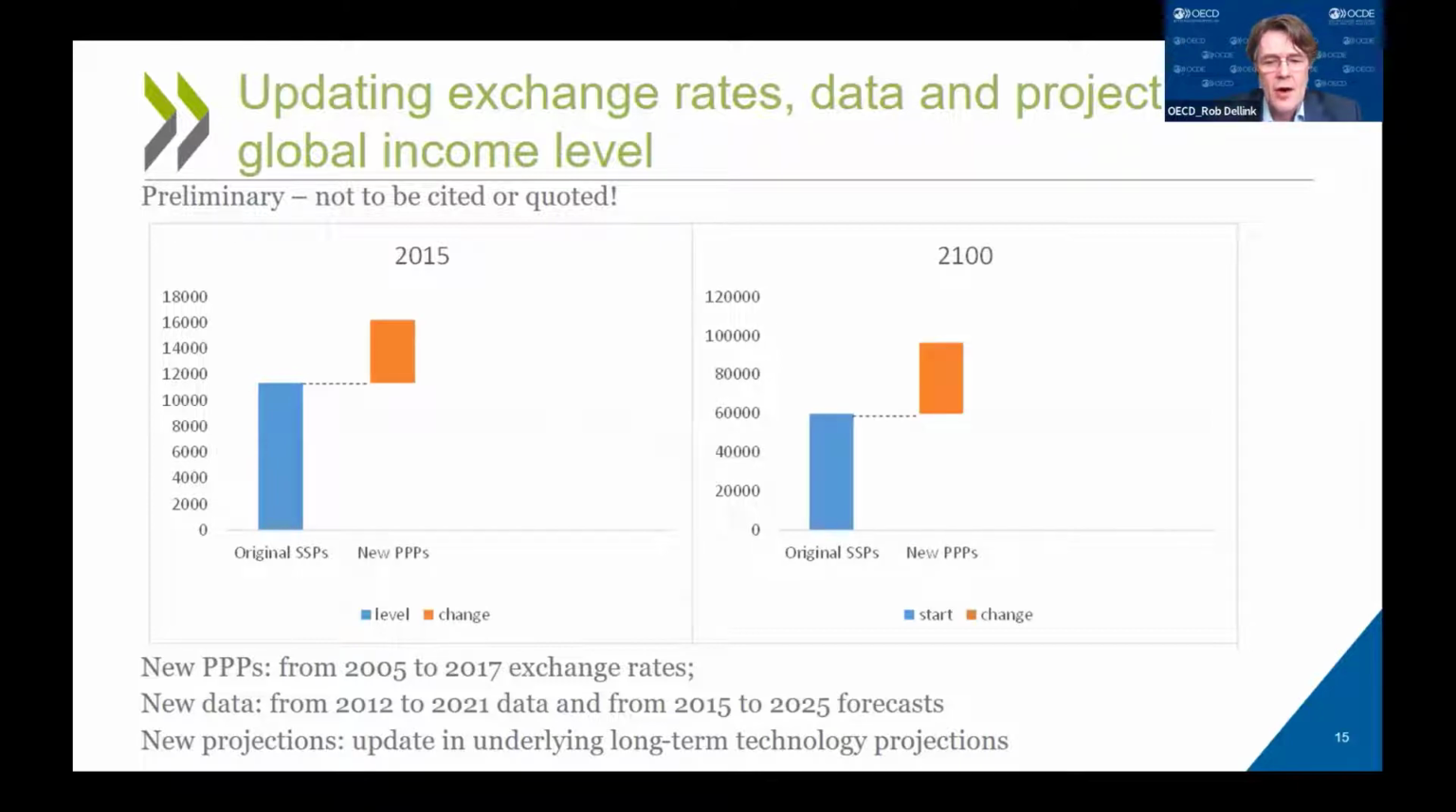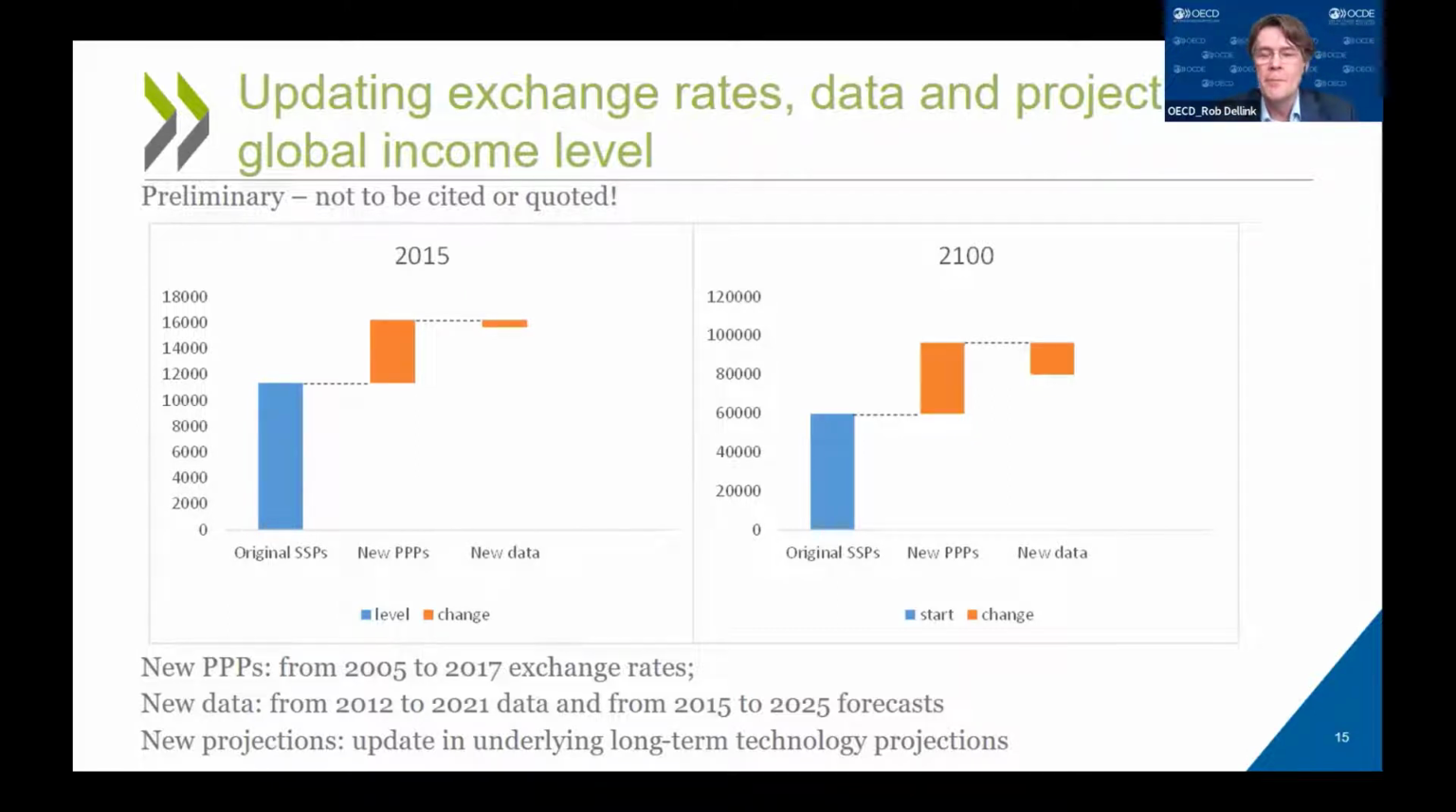And that already gives you a new level of GDP if you aggregate that across countries. And actually that gives you a change if you recalibrate the original SSPs to these new PPP exchange rates, you get a higher level of global GDP. And on top of that, if you add in new data for the last 10 years and the short-term forecasts,